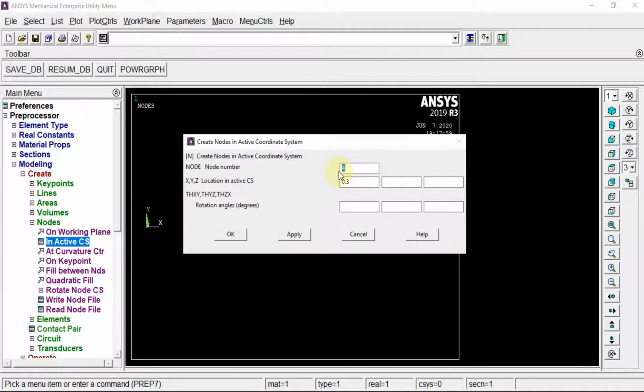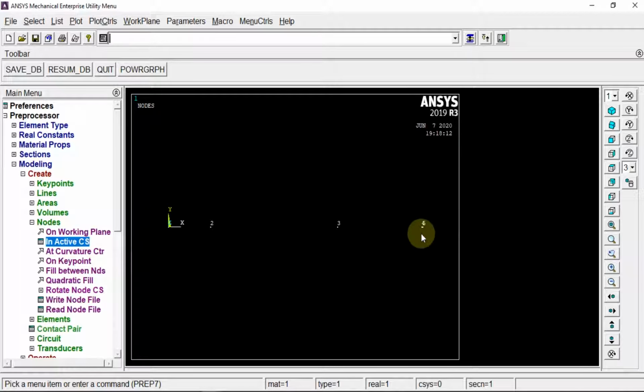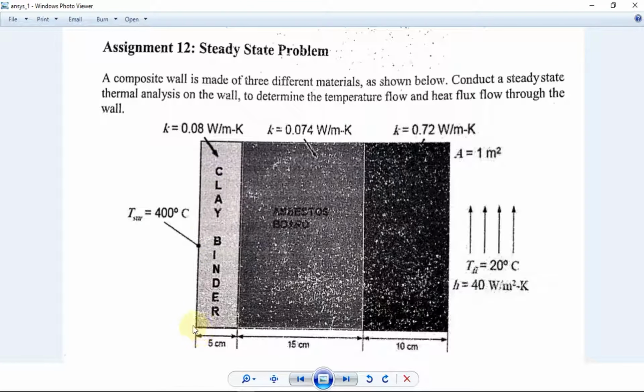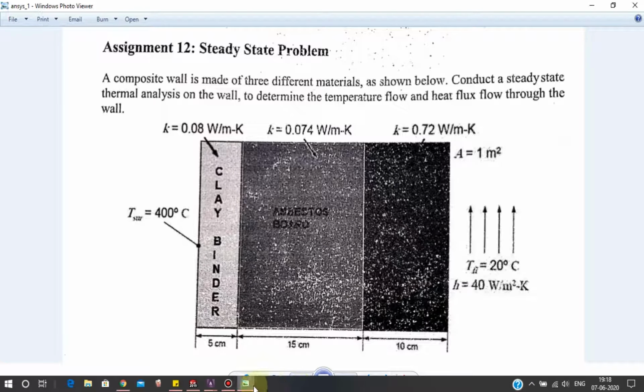and fifth one that I'm going to define is at 0.301. The distance between, I'll just explain it in a moment. So we have all these 4 and 5 are here. So first node is over here, second node is here, third node is here, fourth node is here, and now we have to create a small element which has to show the another type of material, which is the convection material. So for that I'm just taking a very small 1 mm length element, so that we had defined already as a fifth node.